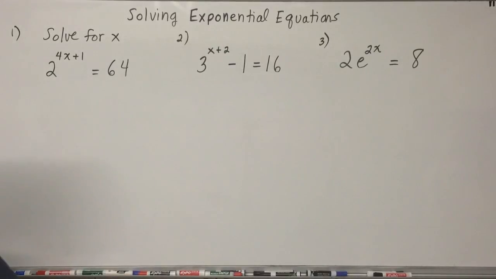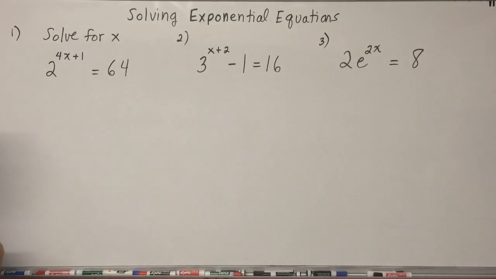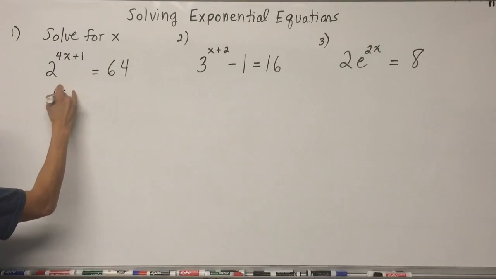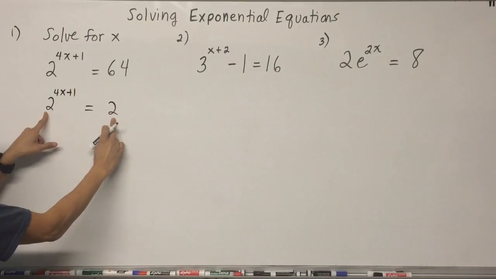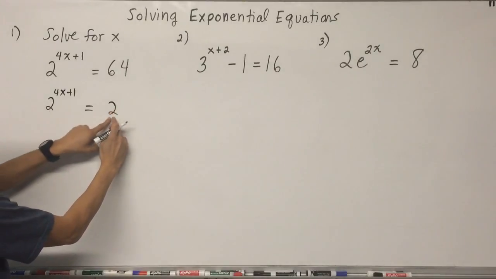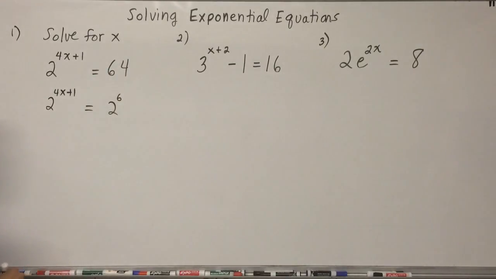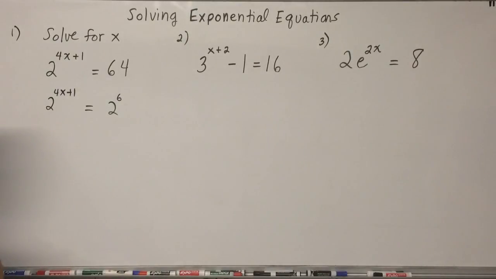Okay, class, let's solve these three exponential equations. I've got 2 to the power of 4x plus 1 equals 64. What I notice is that on the right-hand side, I can set the bases equal because I know that 2 can be raised to the power of 6 to give me 64. Okay, so now the bases are set equal, and we've got